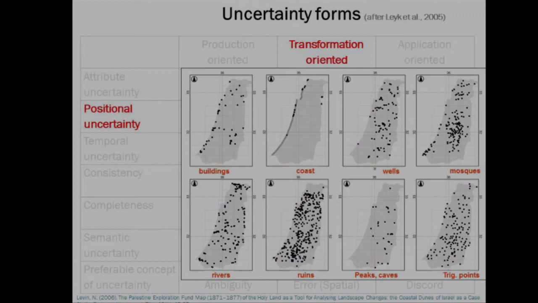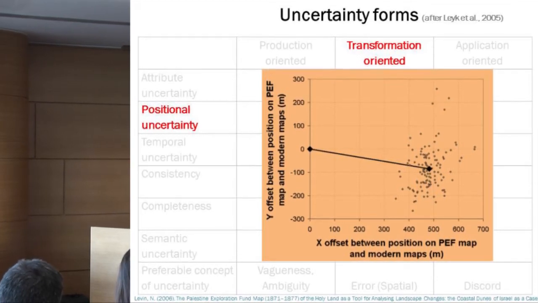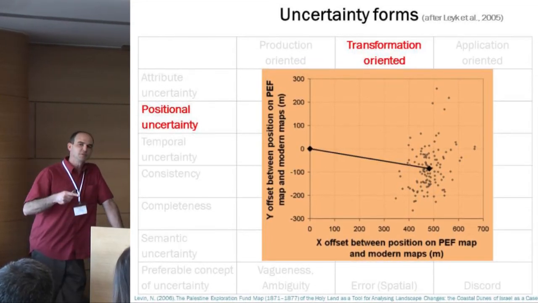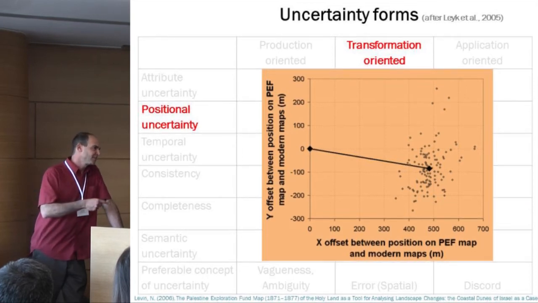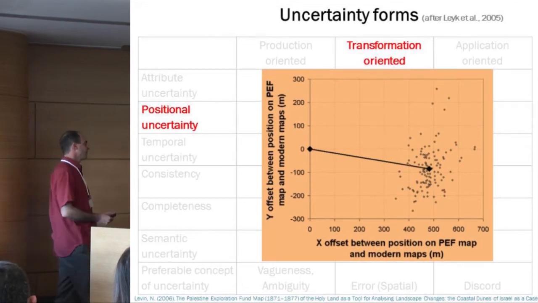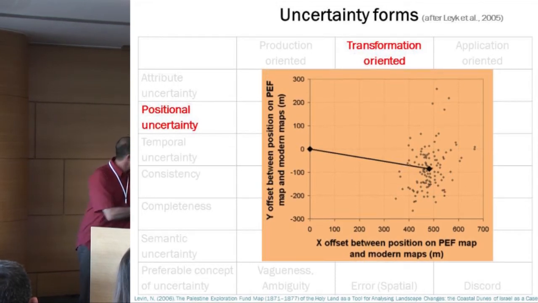First of all, when we check their location, we can see that the entire PEF map is shifted about 500 meters to the east on the east-west axis, and there's much less error in the north-south axis. This is because in past times it was much harder to ascertain the longitude than it is to ascertain the latitude. Until the 18th century, nobody knew how to determine the longitude. There's an excellent book by Sobel called Longitude, where you can read about this part of history. So we can see this